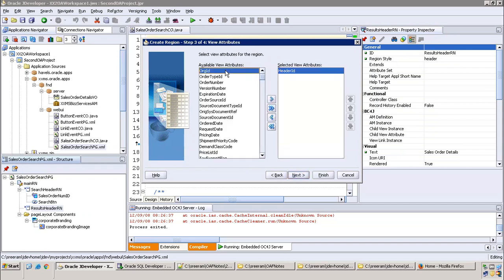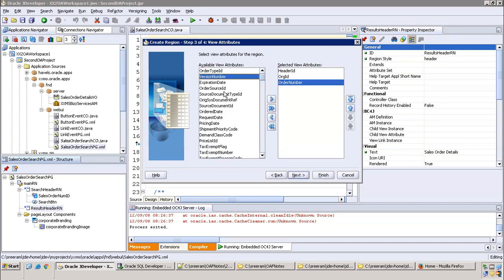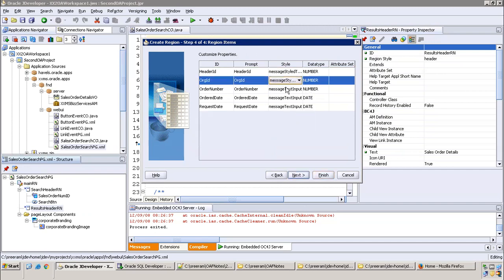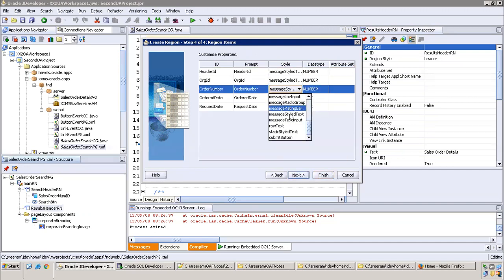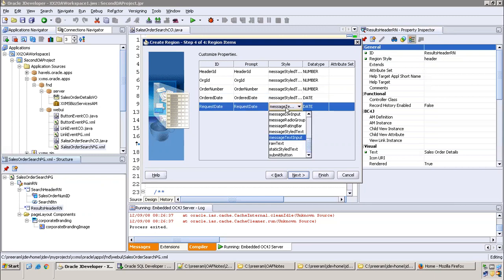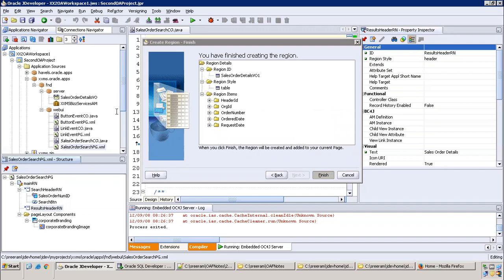Next, and I'll say header ID, org ID, order number, order date, request date. That's it. Click on next. Message style text, style text, and finish. Okay.